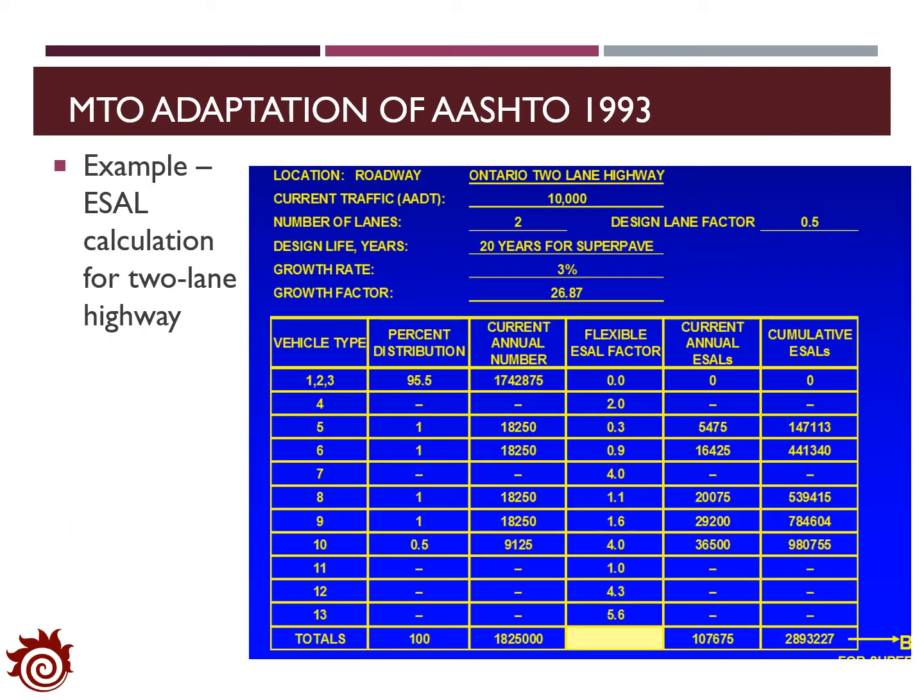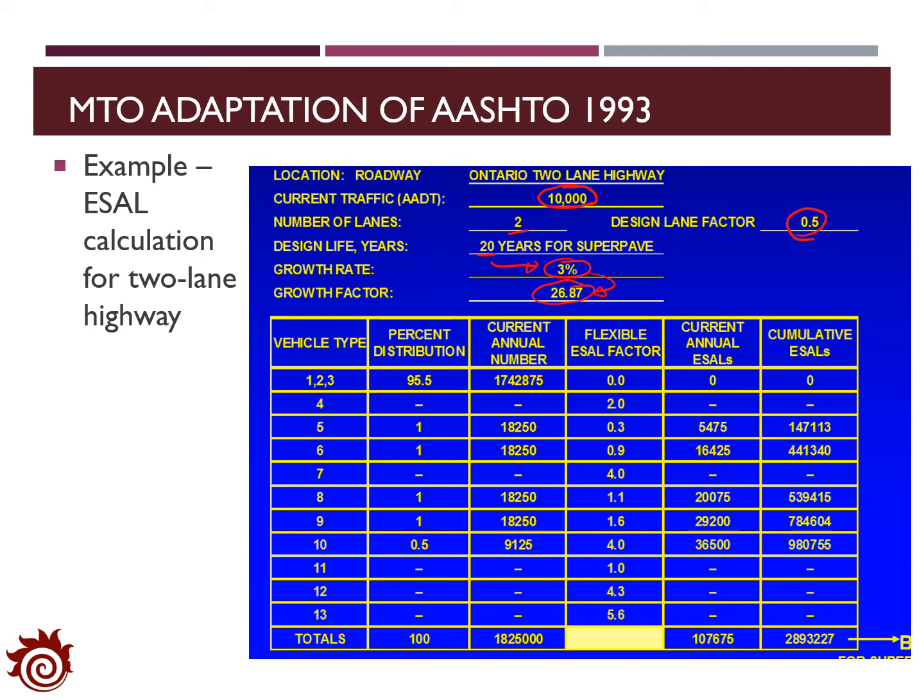On this page, we will show one example for the estimation of ESAL for a 2-lane highway in Ontario. The current daily traffic is set as 10,000, and the number of lanes is set as 2. The design lane factor is 0.5. The total design life is 20 years, and the annual growth rate is 3%. So with 20 years and 3%, we can find out the growth factor as